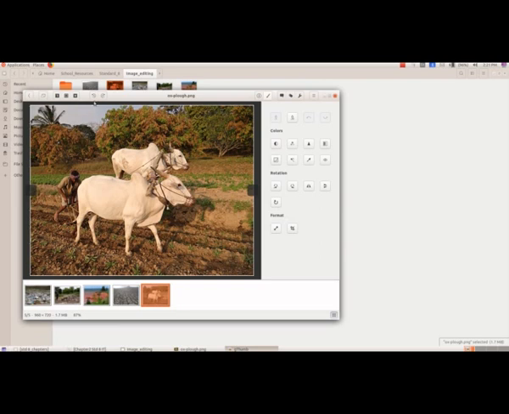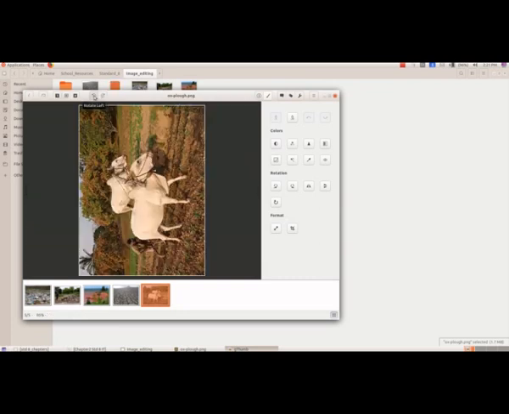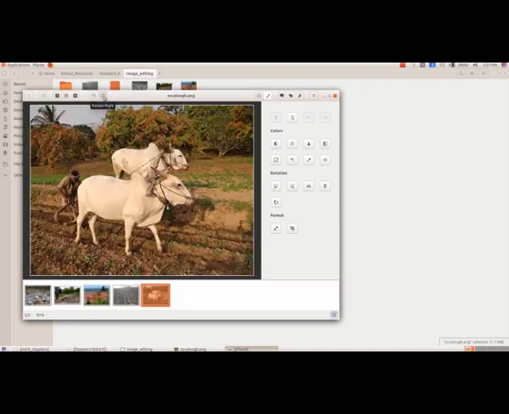Here we are going to rotate this picture. So first we will rotate the picture to the left, and now the next option is rotate to right. So we got that original picture, and here we have the file name followed by the extension